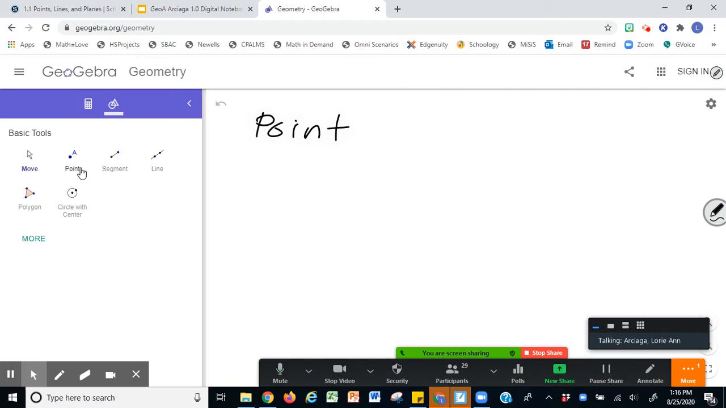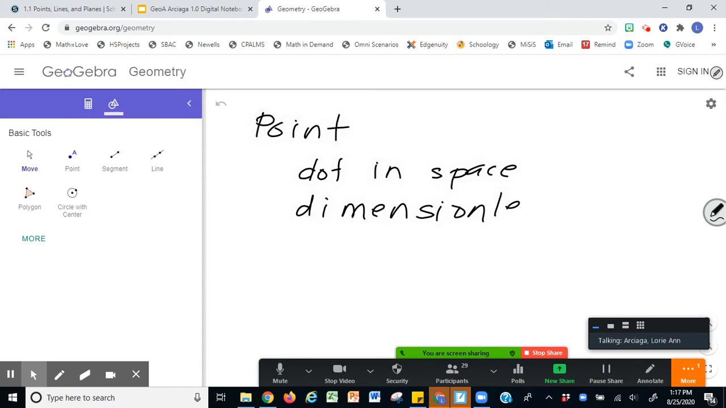Okay, so point. What is a point? A point is a dot in space, right? It's dimensionless. I don't know how you're going to take note. Maybe as I write, put it in your graphic organizer already or put it in your notebook, however you want it, or screenshot and then figure it out later. That's up to you. So it's a dimensionless dot in space,